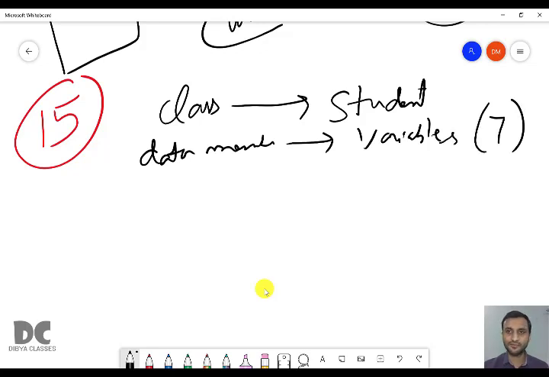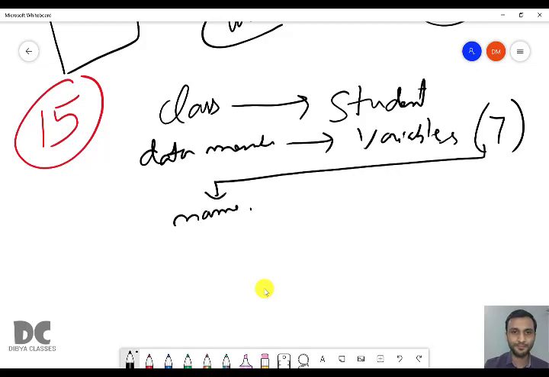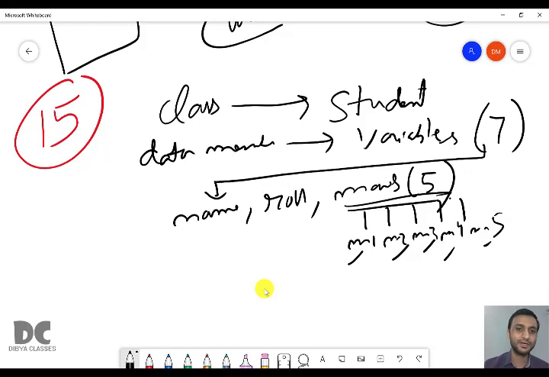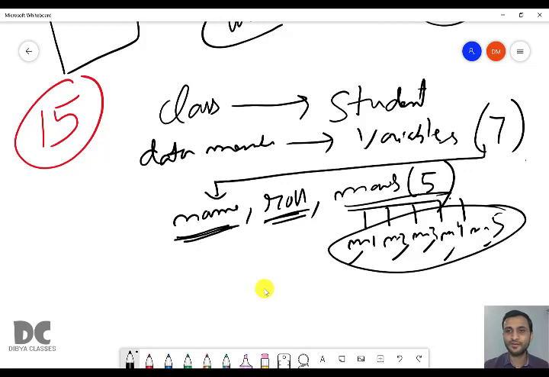There are total 7 variables: name, roll number and marks of 5 subjects. So 5 subjects means we need 5 variables. Let it be M1, M2, M3, M4, M5, meaning marks in subject 1, marks in subject 2, marks in subject 3, marks in subject 4 and marks in subject 5. And we need name and roll number. So 2 plus 5, total 7 variables.